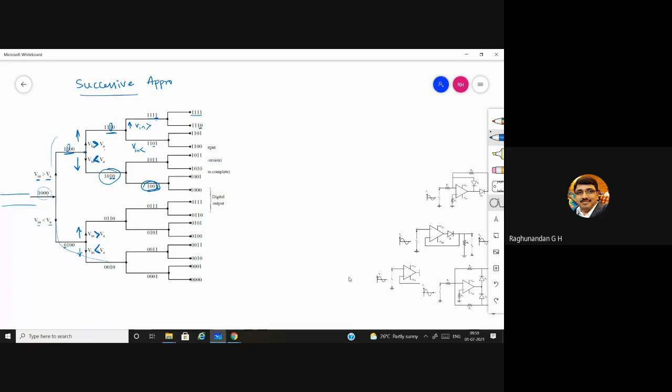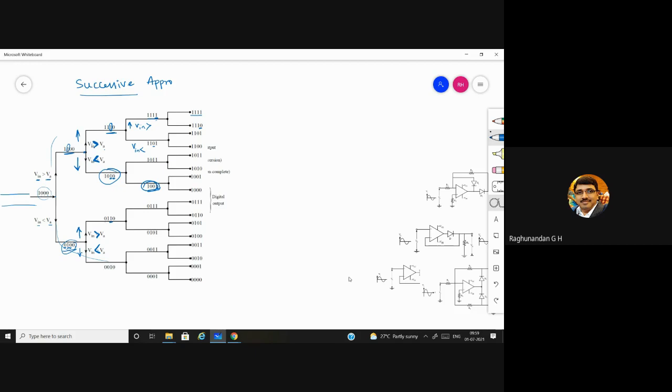Here also again I start from this 0100 we are having. So now if input is considered to be high during that time, 0 1, instead of the next bit as 0, we'll take it as 1. Since the input is considered to be high, that indicates the input is greater than this. So we are going to make the next bit 1. If the input is less than this value, then we are going to make the present bit as 0 and the next bit as 1, and again the comparison process continues.